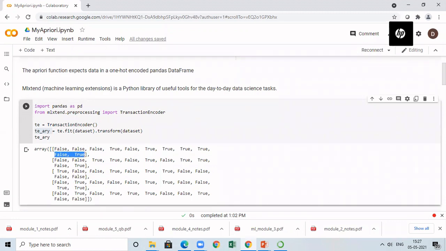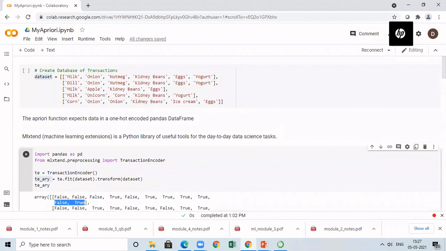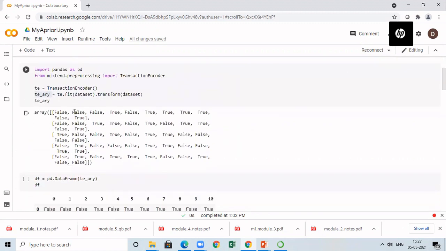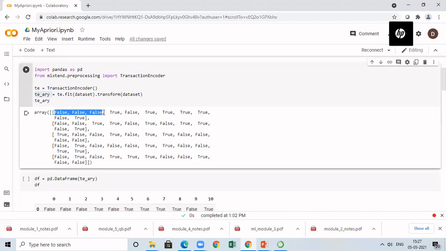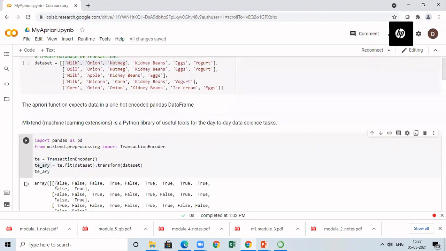So what is the meaning of 11 columns? I have 11 unique entries or unique items in my transaction database. So you will have 11 columns. And when you consider the first column, you have something like false, false, then true, and so on. So what is the meaning of this? If I have false for a particular entry, it means that item is not present in the transaction.